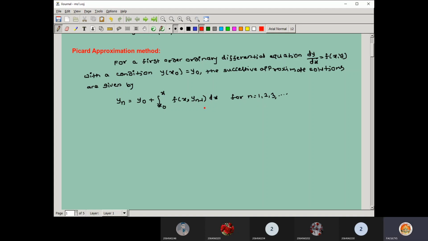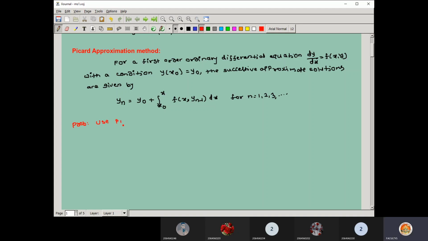So in the previous method, Taylor series method, we have used a separate formula. Directly you are getting the solution for the ordinary differential equation. Here we are using this formula to get your answer. So to understand the complete procedure of Picard, I just give you one problem for this. So write down the first problem.